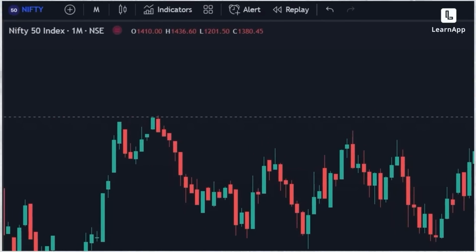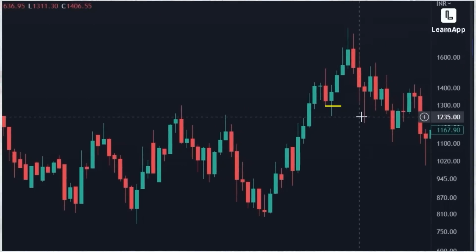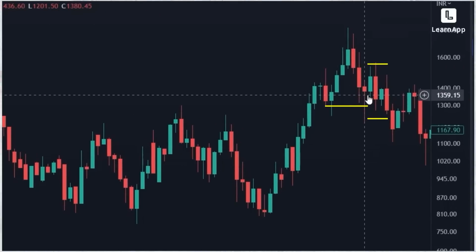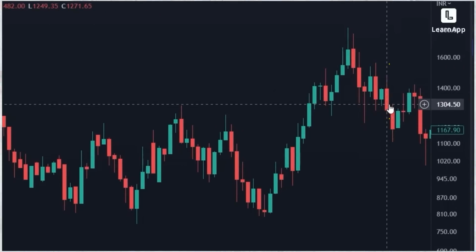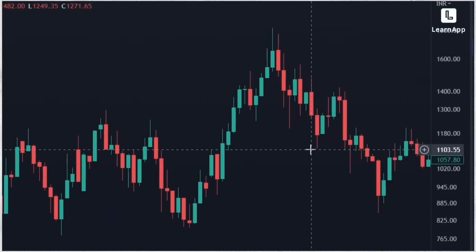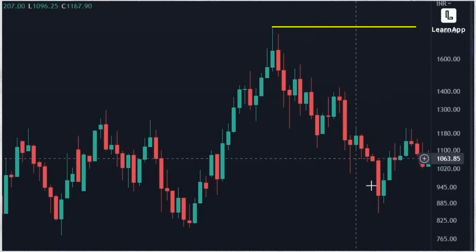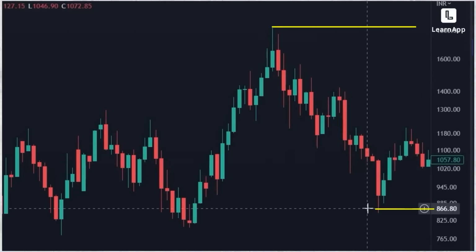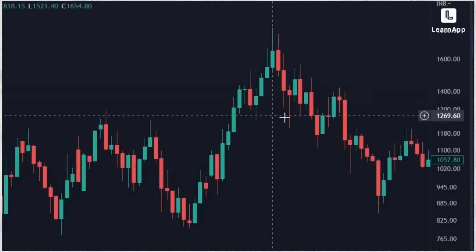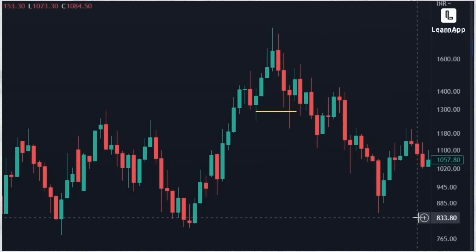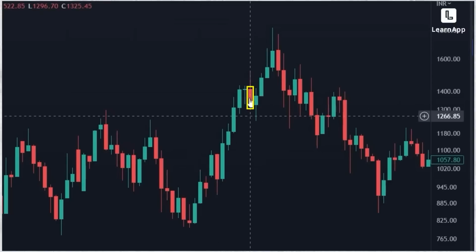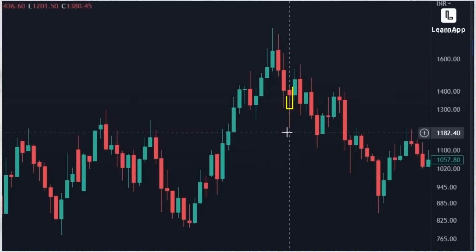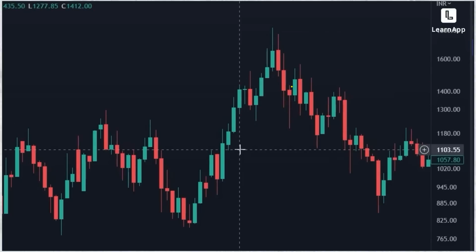Now you'll notice that this is a monthly chart of Nifty. As soon as this broke, the market went sideways for 1, 2, 3, 4, 5 months. And then it broke down. It went from a high of 1800 to a low of 850. What is that? It's more than 50%. And you would have found that the trend changed here. So when the market is falling, now you can tell that this fall over here is not a crisis, but this fall over here means that the uptrend is in question.